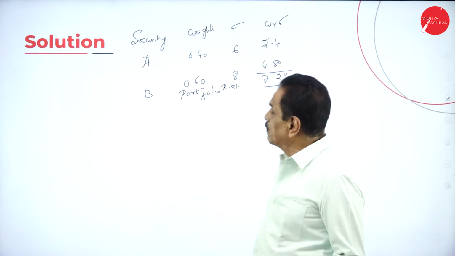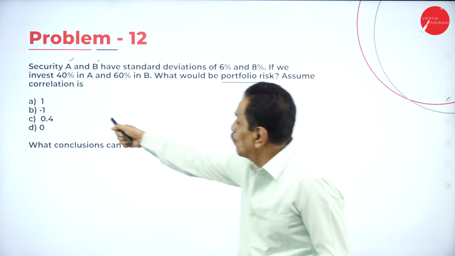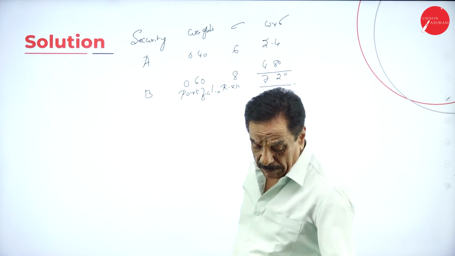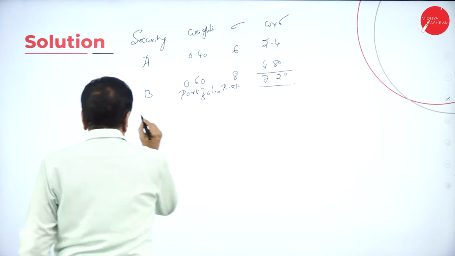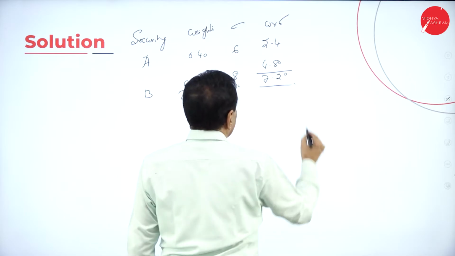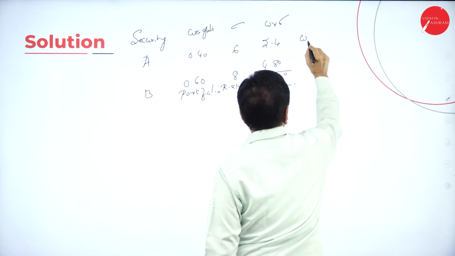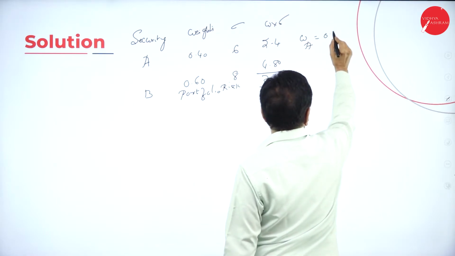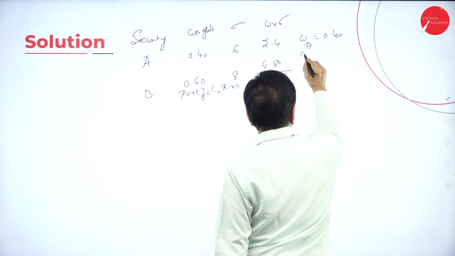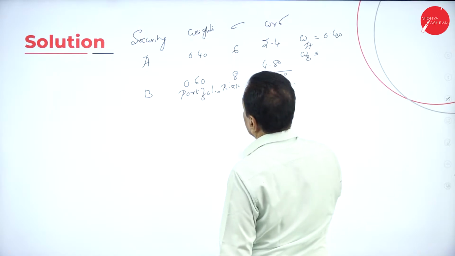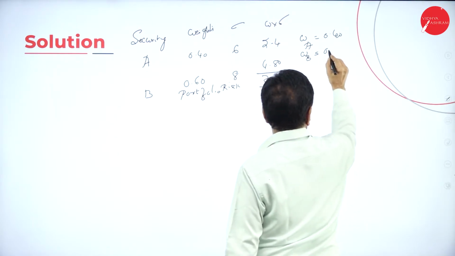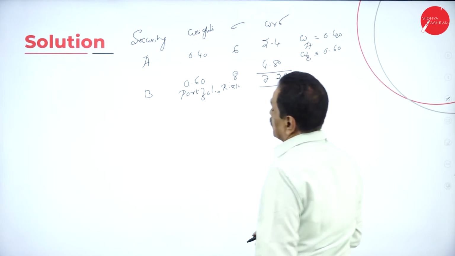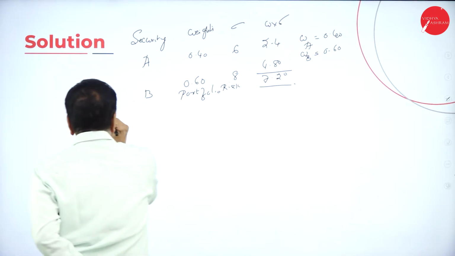So first, R is given as plus 1. I will write the formula. Standard deviation: WA, weight of A, is 0.40. WB is equal to 0.60. So now, when R is equal to 1,